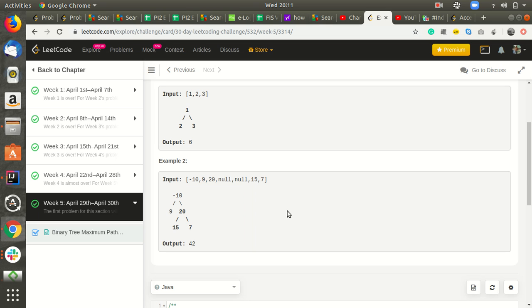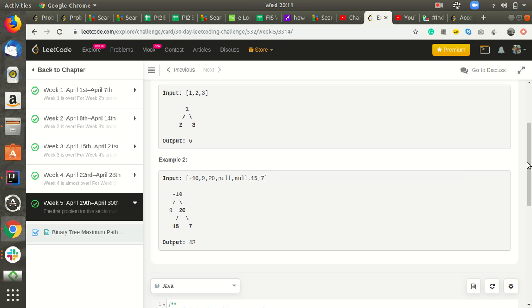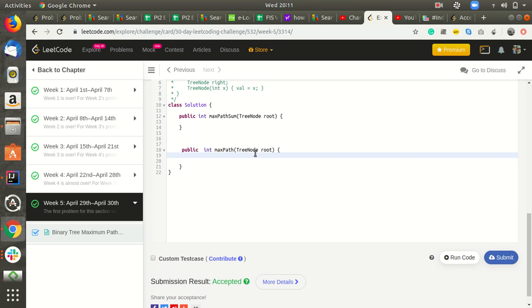Internally, if this is the example, we'll call the left part, the right part, and then sum the left part, the right part, plus this value. Okay, so this will be the value, and let's see how we can implement it.